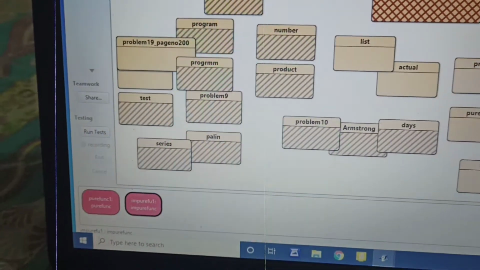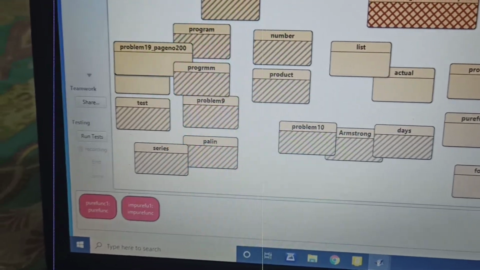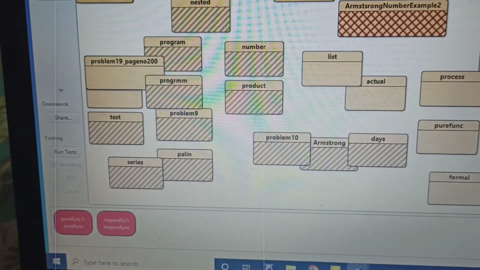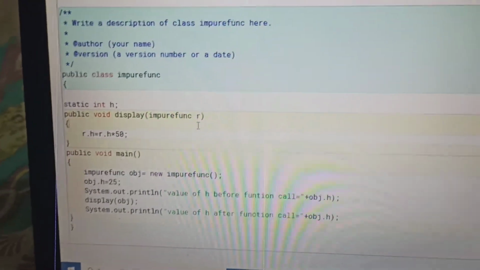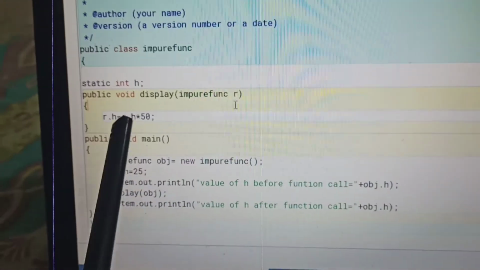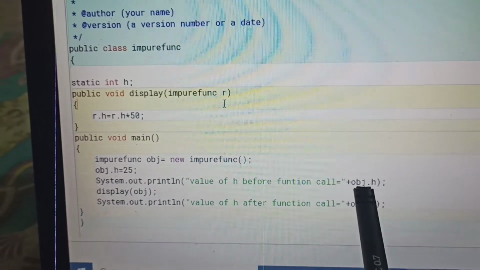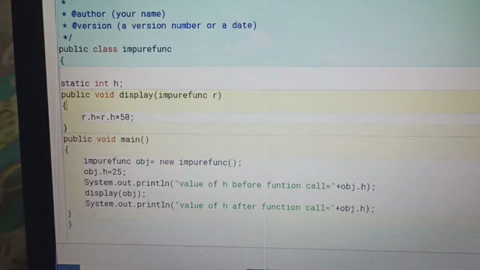Now 25 and 1250 are coming. How is it coming? When I call this main method, it goes here where 25 is written, so it will display the variable h equals the value of h.